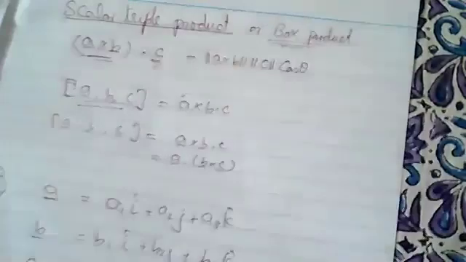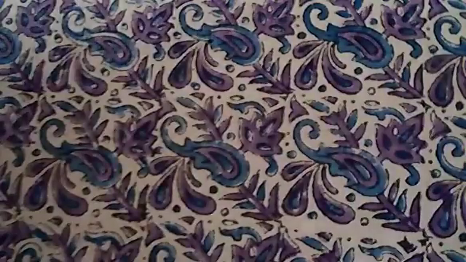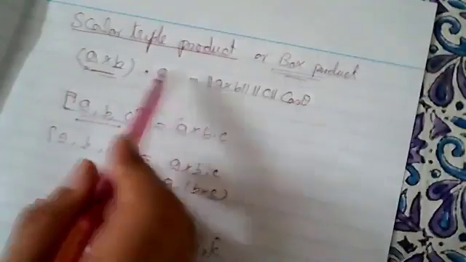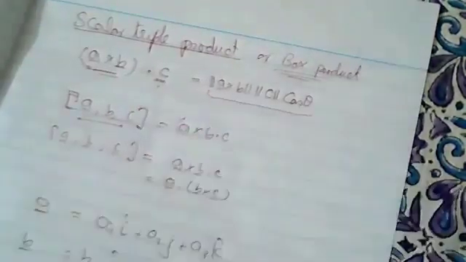The second question arises, the main question: why is it called the box product? If you see in your book, it is also called the box product. Why? See, if you draw a box, see here. Remember the definition. What was the definition of the scalar triple product? Magnitude of the first vector, magnitude of the second vector, and cos of the angle. Now draw the box.